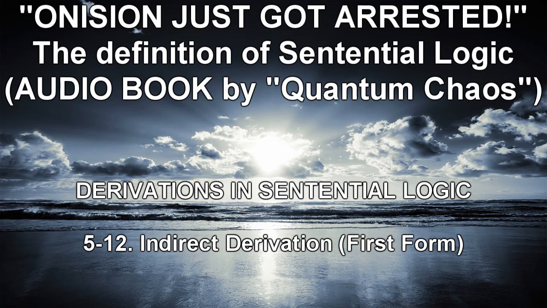Example 2. Premises as shown; we show ~P by ID, assuming P, and obtain ⊥ on line 7 by ⊥I. In the previous two examples, ⊥ is obtained from an atomic formula and its negation. Sometimes ⊥ comes from more complex formulas, as in the following examples. Example 3. We show ~P by ID; ⊥ comes on line 6 by ⊥I. Here, ⊥ comes by ⊥I from P⊃Q and ~(P⊃Q). Example 4. Using CD and ID, ⊥ comes on line 8 by ⊥I. Here, ⊥ comes by ⊥I from P and Q, and ~(P and Q).